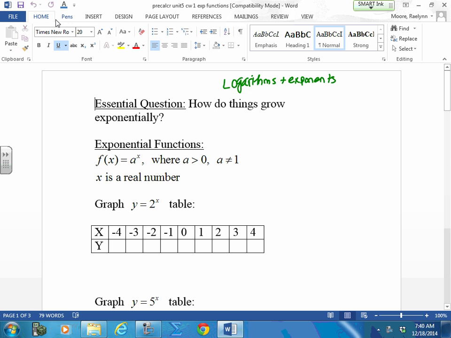Of this should be a review for you. How things grow exponentially. We have exponential growth, we have exponential decay. A good way to look at exponential growth is to take a piece of paper,